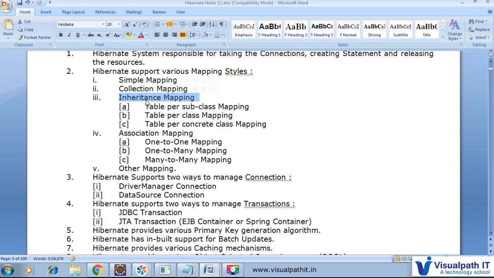Hibernate also provides this feature, where we can inherit our data in 3 different ways: table per subclass mapping, table per class mapping, and table per concrete class mapping. Table per subclass mapping means all the subclasses have one table. Table per class mapping means every class, even the subclass or superclass, has one table. Table per concrete class mapping is